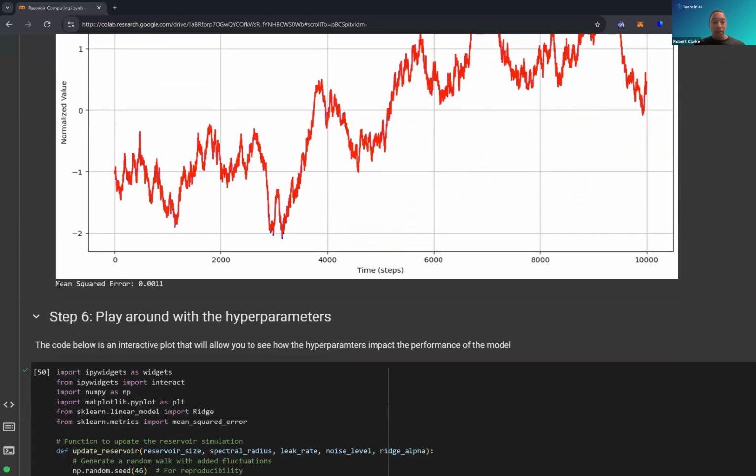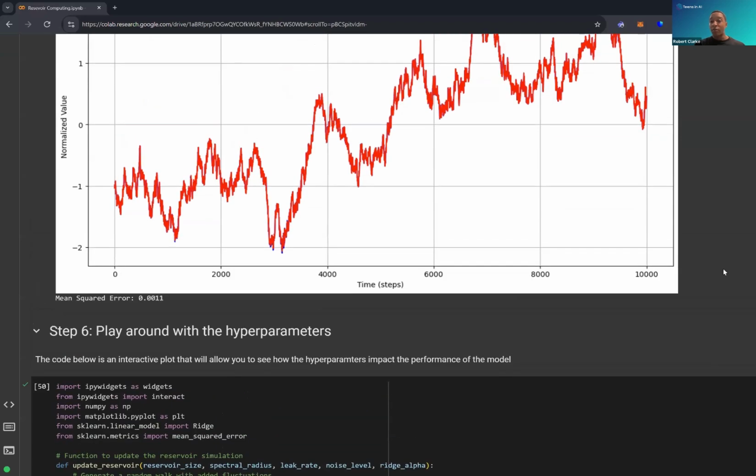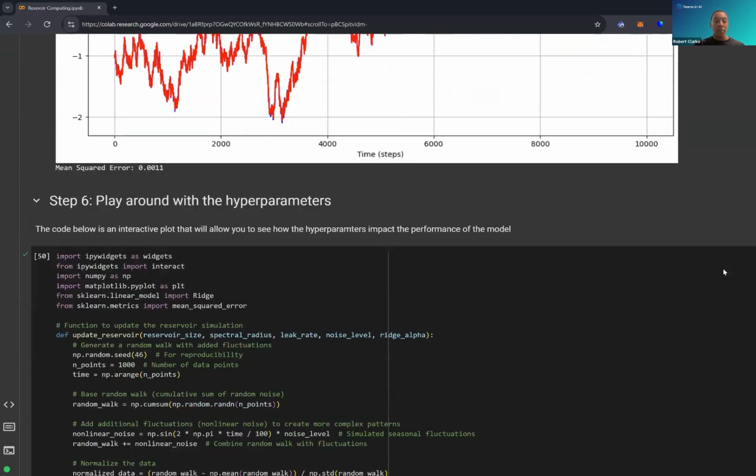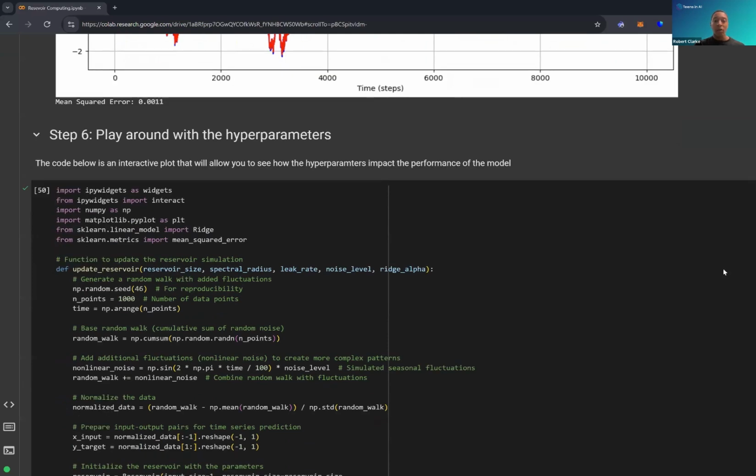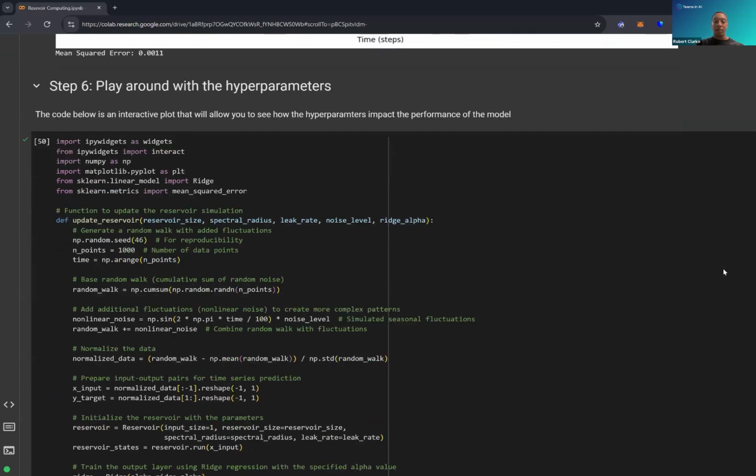If we look at the mean squared error, we have a value of 0.001, and that is quite good because the closer to zero you are, the better it is. So that is pretty much reservoir computing. And like I said, it is a very simple and straightforward algorithm to use. You set up the reservoir, you pass the data in, you simulate, and then you compare the prediction versus the actual. But what I want to do here is just show you actually how the different parameters impact the performance